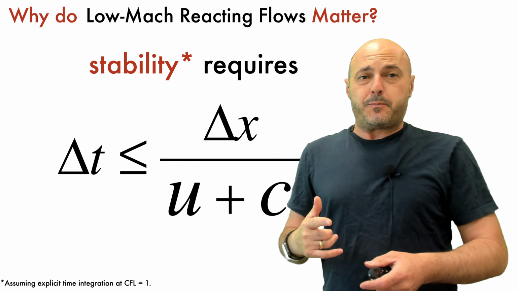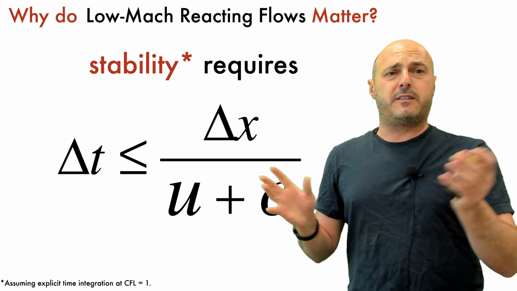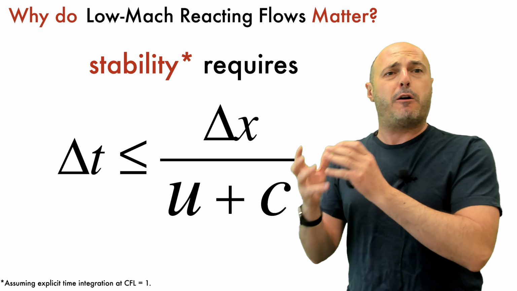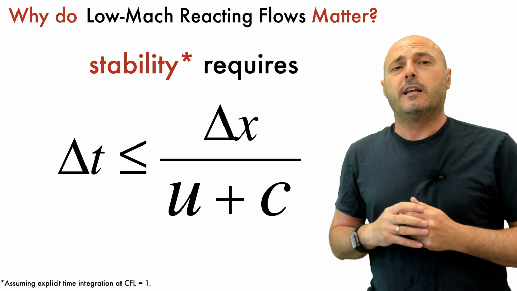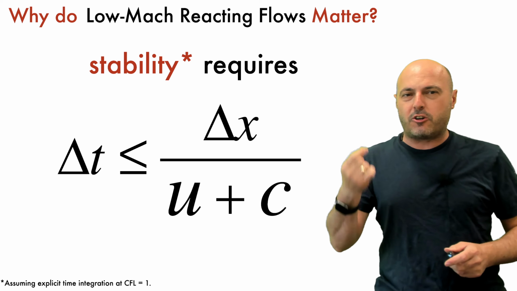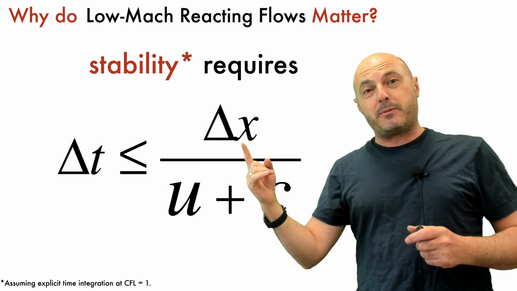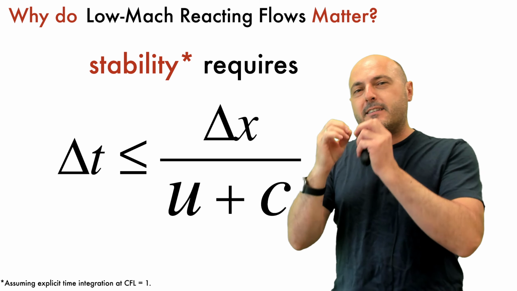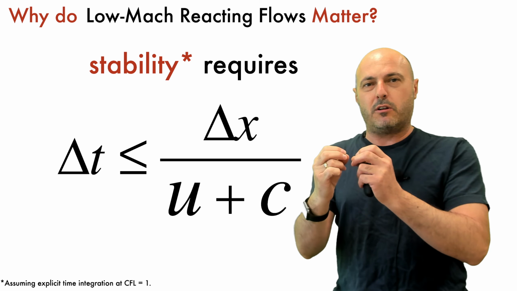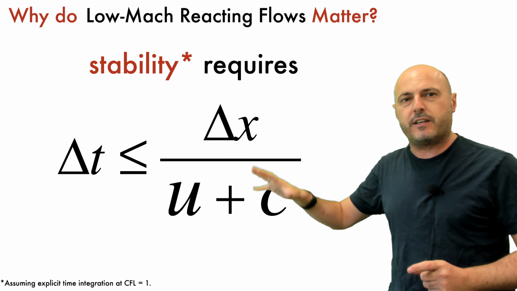Now stability, in the traditional sense where your solution is not going to blow up using an explicit method, and this was the foundation of this entire discussion, stability dictates that you cannot move information on a grid by more than a single grid point. So in a single time step, the fastest information in your solution cannot move more than one grid point. Mathematically, this puts a strong restriction on the time step. It says that your time step is smaller than this value.